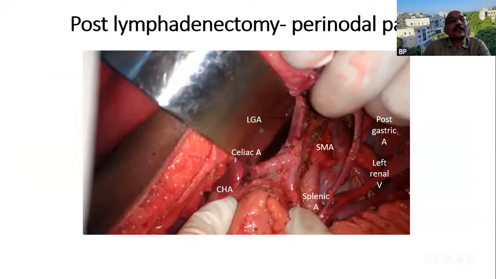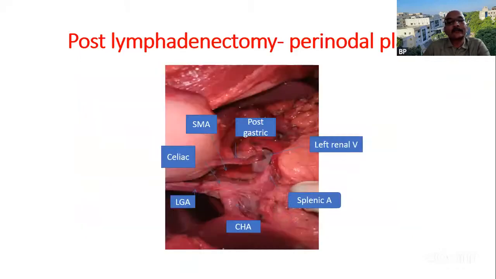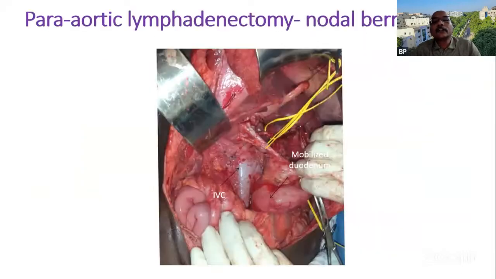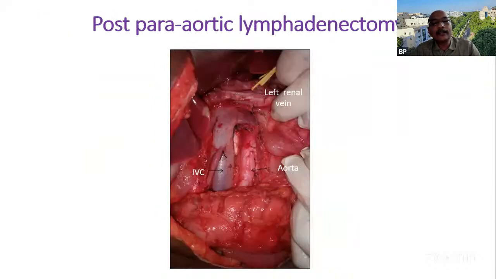So the difference you can see in this slide is that if you simply go berry picking of the nodes, a lot of fibrofatty tissue is left out, even lymph node pieces are left out there, and it may understage the patients or sometimes overstage the patients as well. So we need a very good clearance, especially in the celiac area and the hepatic artery side as well. Even for the para-aortic nodes, the same phenomenon exists, and it is better to clear them if you have the technical expertise as well as if you can create low morbidity and low mortality.